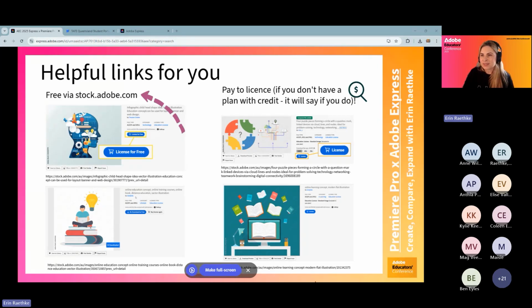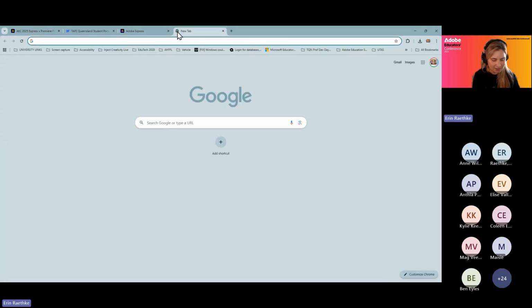With these helpful links, there is a range of assets, but there is one that I prepared earlier. One thing I wanted to highlight to you, if you are using a work account specifically, is that a lot of educational institutions have license for unlimited images, which includes vectors and Adobe Illustrator files. Some institutions do not, but I have a workaround. You can access things for free via stock.adobe.com. So I'll just type that in there for you, pop it into this handy dandy browser window,